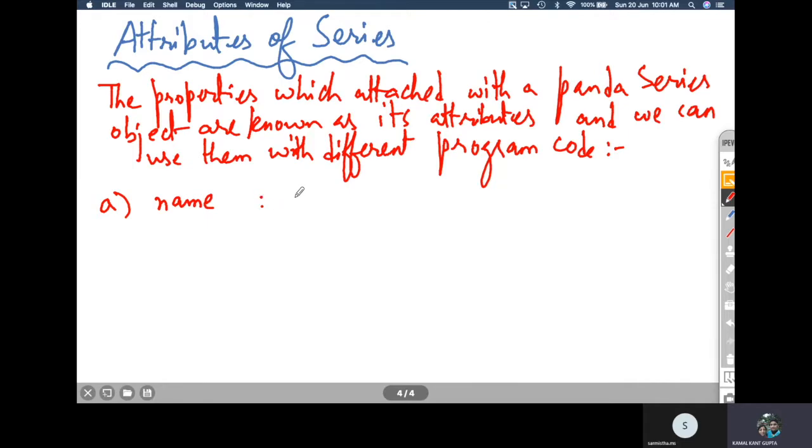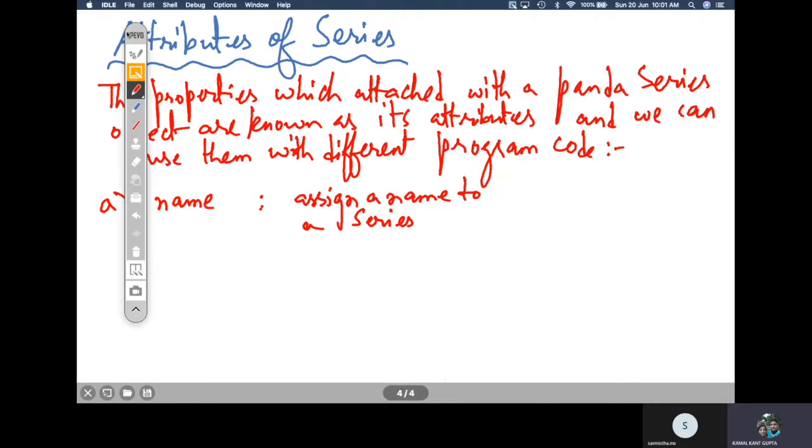What is the purpose of this name attribute? The purpose of this name attribute is to assign a name to the series. This is the purpose of this particular attribute. So let us find out how we can assign a name to a particular series.